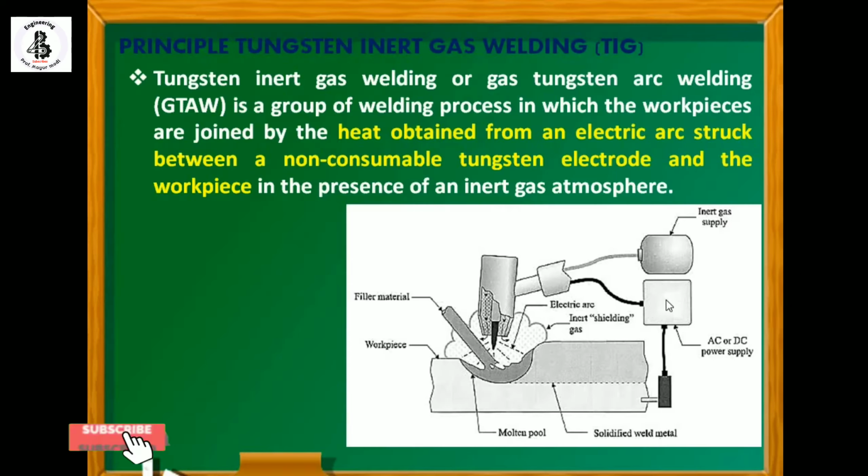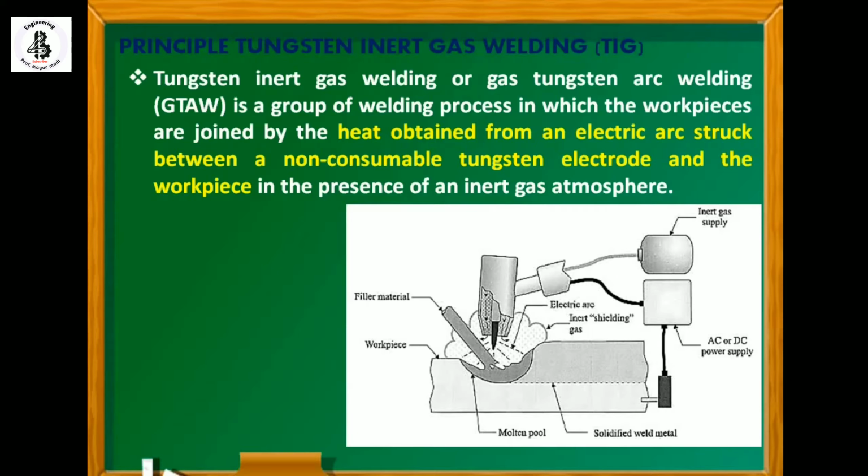One of the terminals will be connected with the AC or DC power source, positive or negative, depending upon which kind of polarity is being used for the DC power supply. But if you are using an AC power supply, one of the terminals will be connected with the non-consumable tungsten electrode material, and the other terminal will be connected with the workpiece material, or you can say base material.